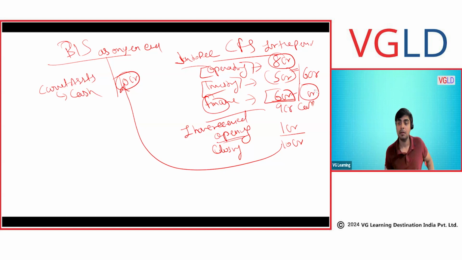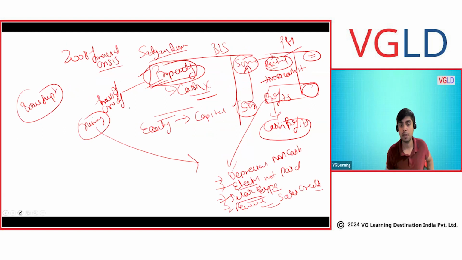Okay. So right now I'm taking a case where we have bought the asset and taken the loan. In this case, I received a net 9 crore during the year. 1 crore was my opening cash and this would be my closing cash. The purpose of the cash flow statement is to show the movement of the cash.